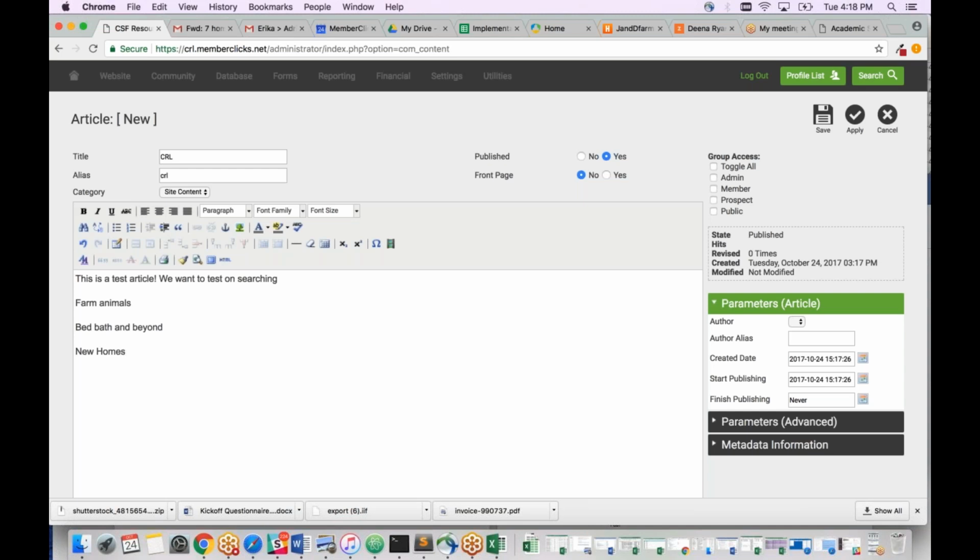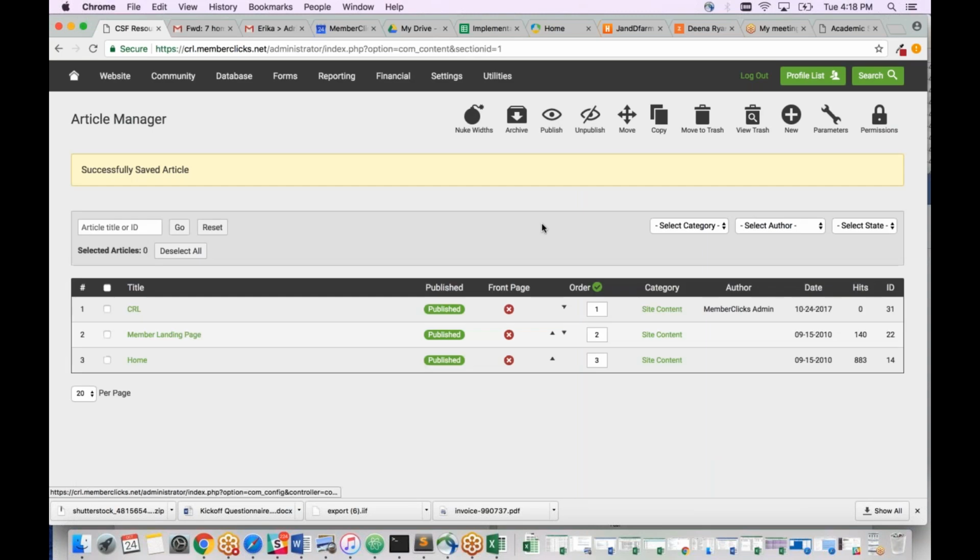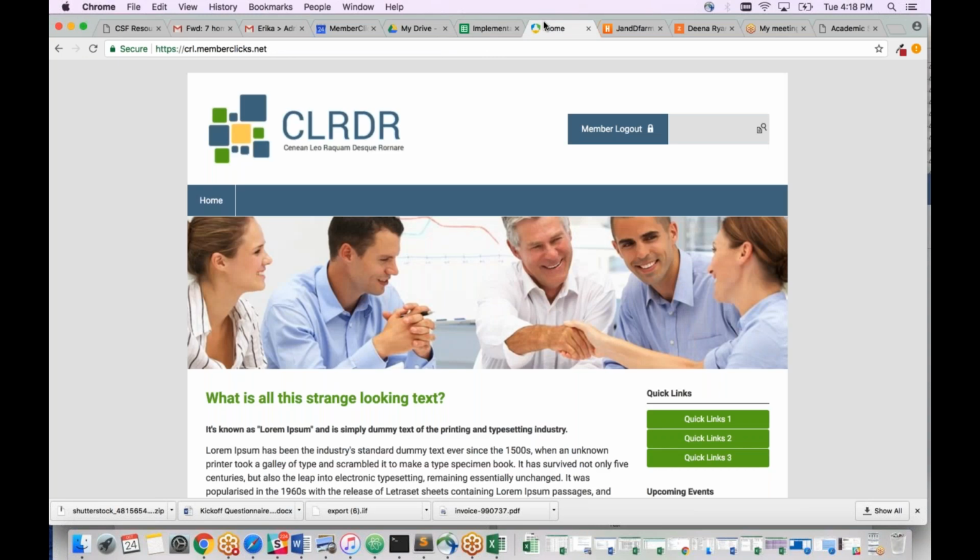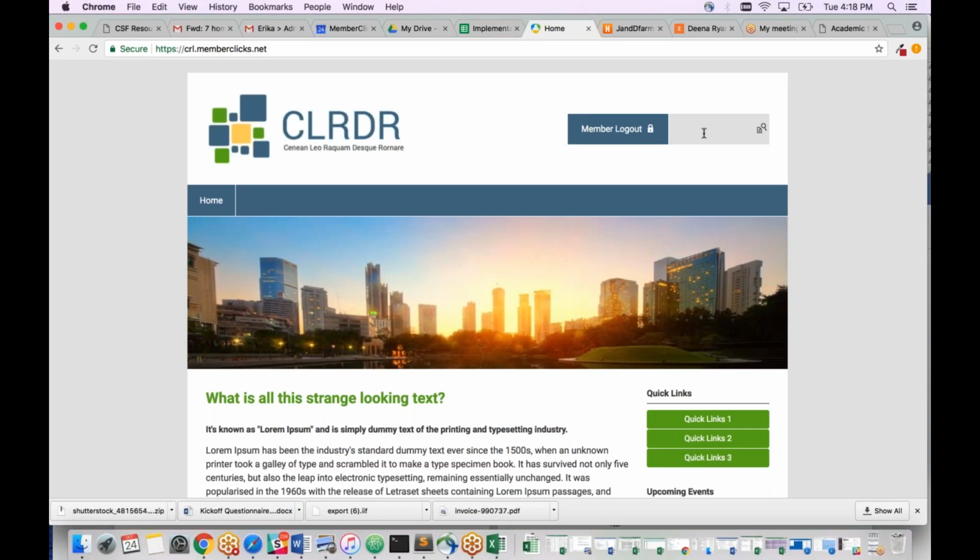New homes. Okay. This seems really silly, but now I'm setting my group access, who gets to see this, and I'm going to save it. It's published on the front end. So I'm just wondering, if it's not published, can we still search it? If I go back to the front end of your site,